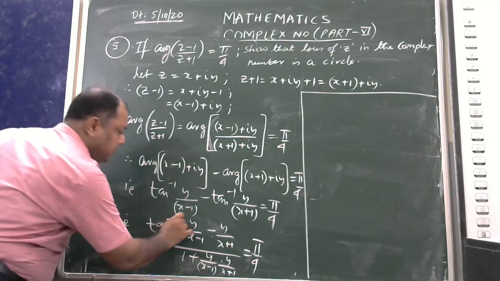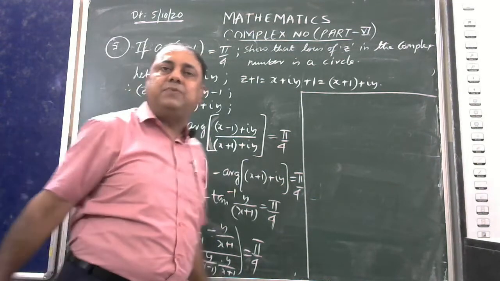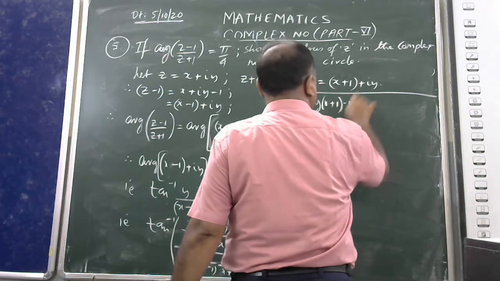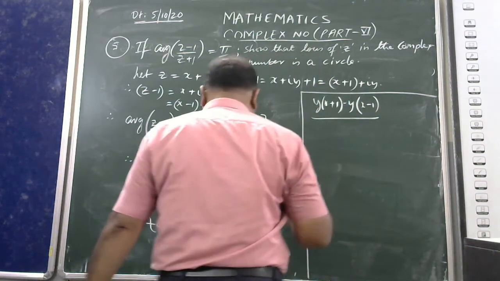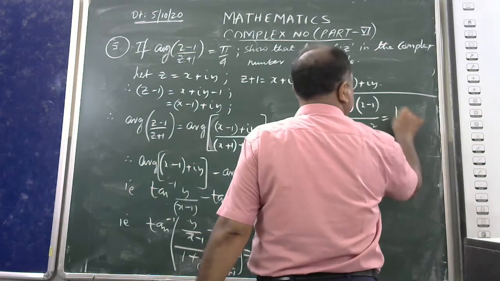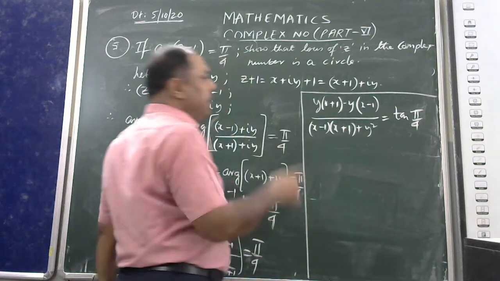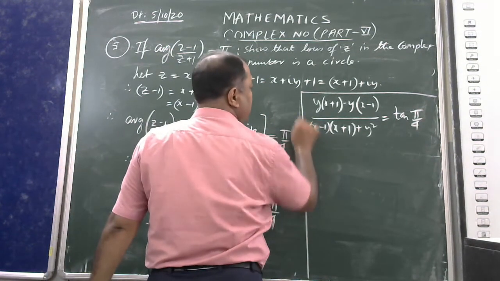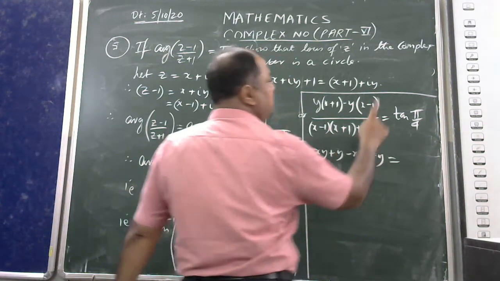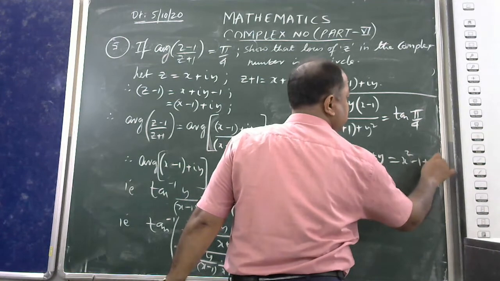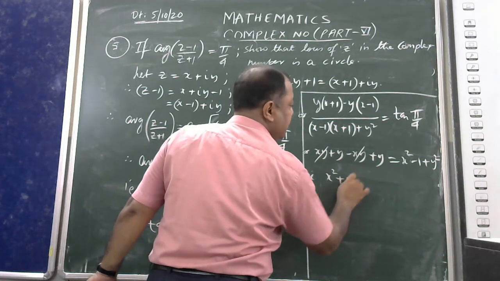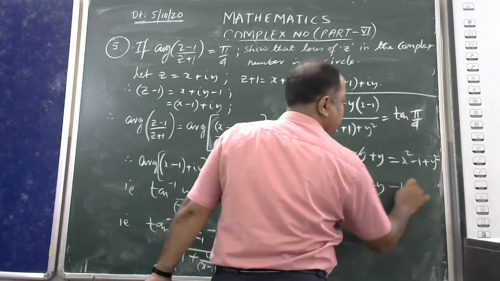Follow this. I am using the tan inverse x minus tan inverse y formula. So this is equal to y into x plus 1 minus y into x minus 1 divided by x minus 1, x plus 1 plus y square, is equal to tan pi by 4. Tan pi by 4 is 1. So that is xy plus y minus xy plus y is equal to 1. So therefore x square minus 1 plus y square. On further simplification, I get x square plus y square minus 2y minus 1 is equal to 0,